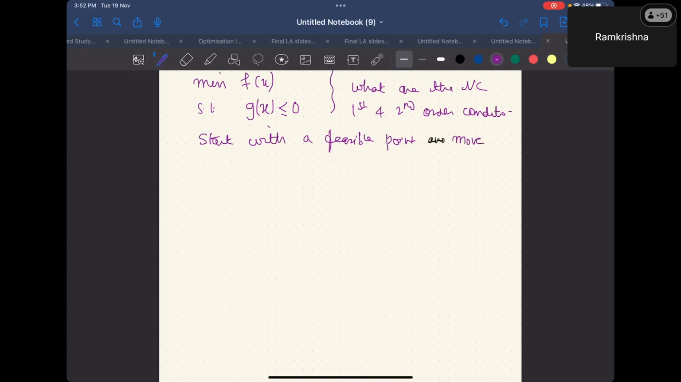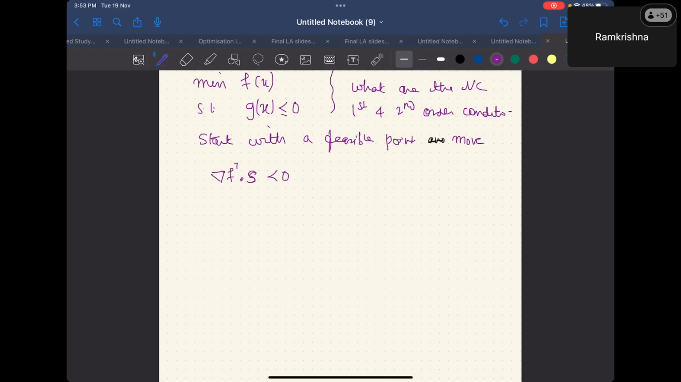Okay, which direction should I move? First, my objective function should decrease. Let's say I'm moving along some direction s. The gradient of f times s must be less than 0. That is what will tell me that I'm actually going along a direction which minimizes f. So this should always be satisfied as long as I am